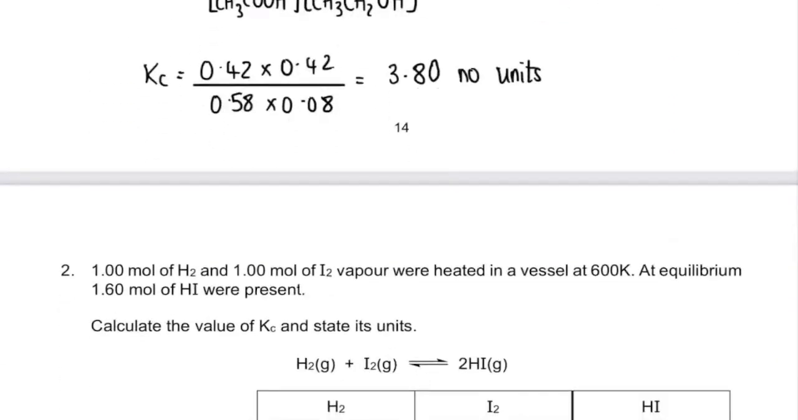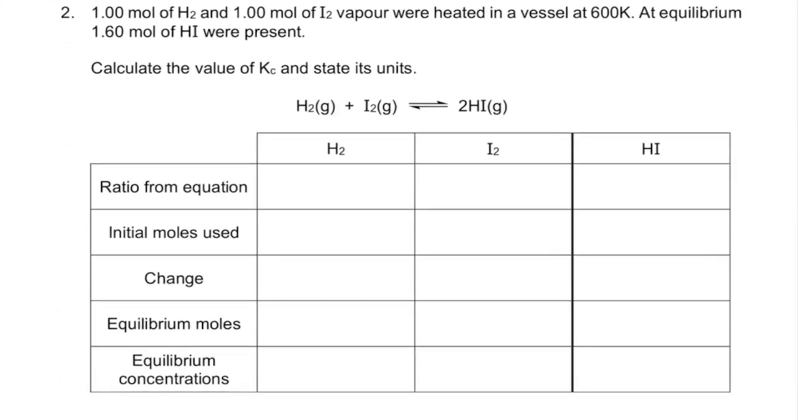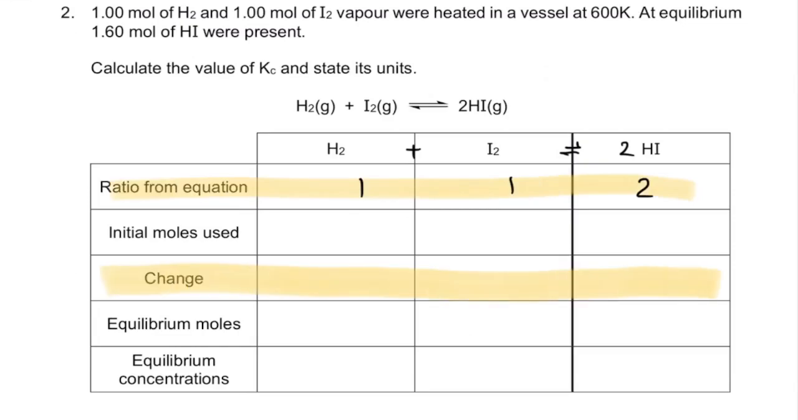Let's have another go at that RICE method. So having a look, H2 plus I2 goes to 2HI, so the ratio is 1 to 1 to 2. Remembering it's the ratio line and the change line that are going to be in the same relative proportions. We're going to put in our initial amounts, 1.00 moles of that and 1.00 moles of that,